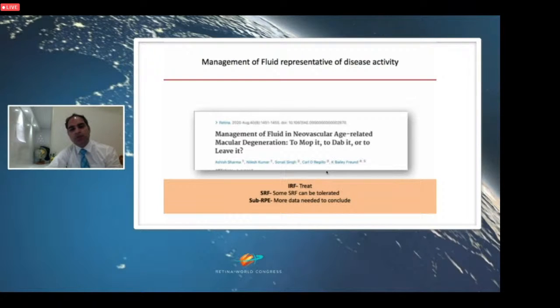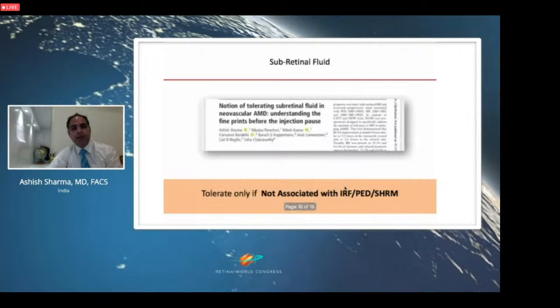Probably once we have OCTA with swept-source OCTA machines, and more and more data coming in, we might have a better point to make here. I would just like to highlight one point as far as subretinal fluid is concerned, coming from the CATT and the VIEW trial. If we really see the details of both the papers, SRF could be tolerated, but